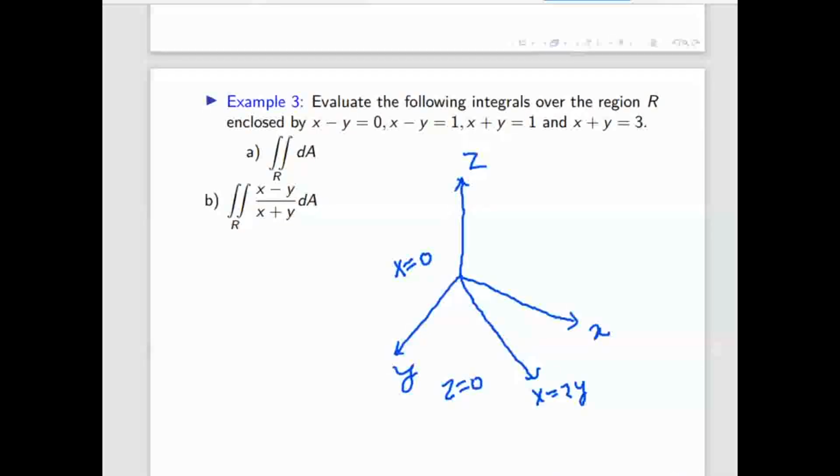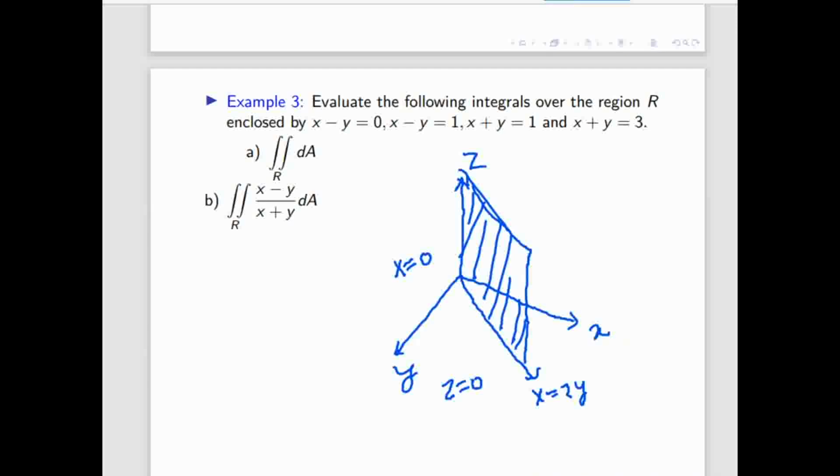But we need x equal to 2y in 3D. That means x equal to 2y, but z can be anything. That means this line, if you draw a plane parallel to the z-axis, that will give the plane. Yes or no? Like this x equal to 2y. So the plane is something like this. So this is the plane. Are you able to visualize?